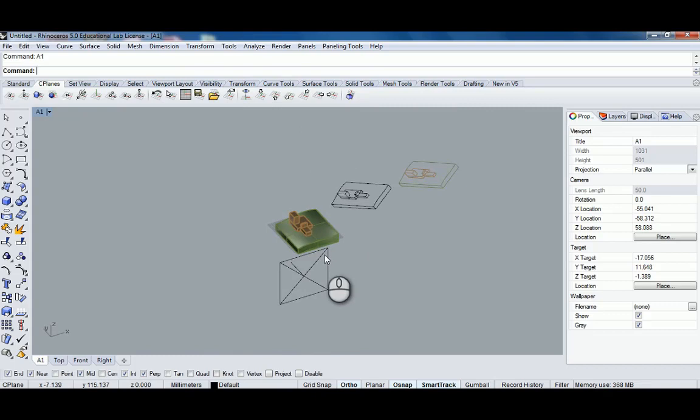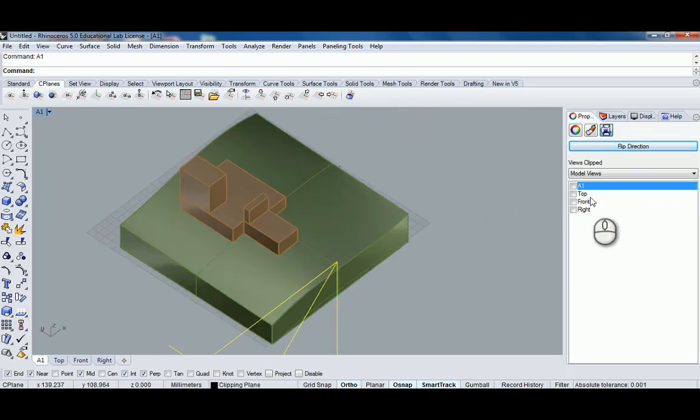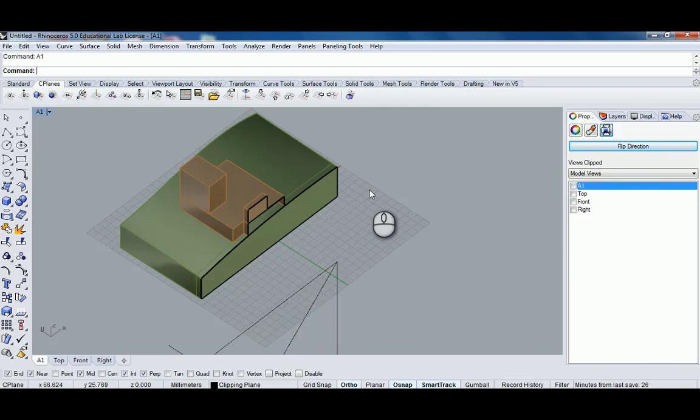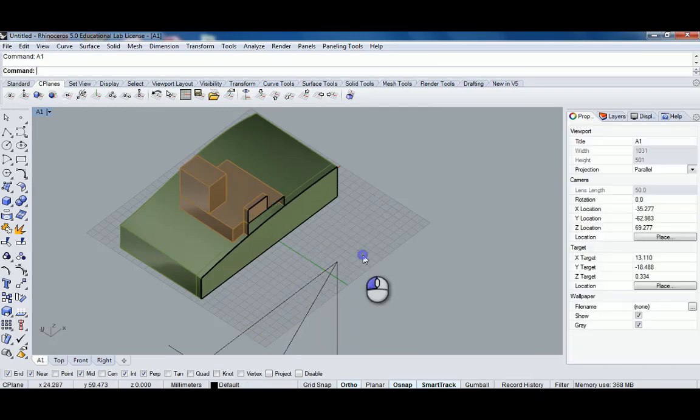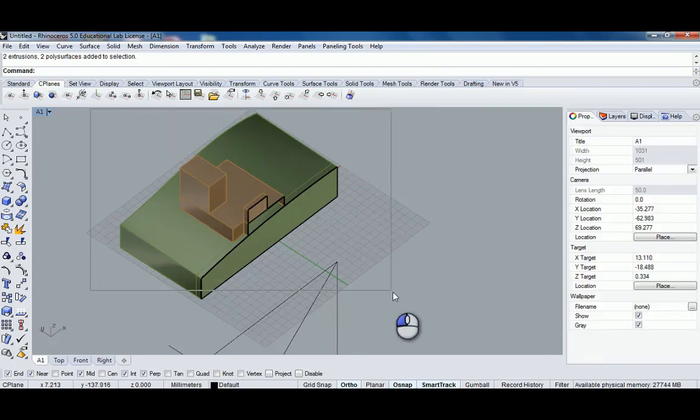So as soon as I'm clicking around, or if I happen to change views, if the clipping plane suddenly isn't working, just check on your model views and just make sure that it's clicked on for the finalized view that you decide. So now with my clipping plane turned on, I can go back in,